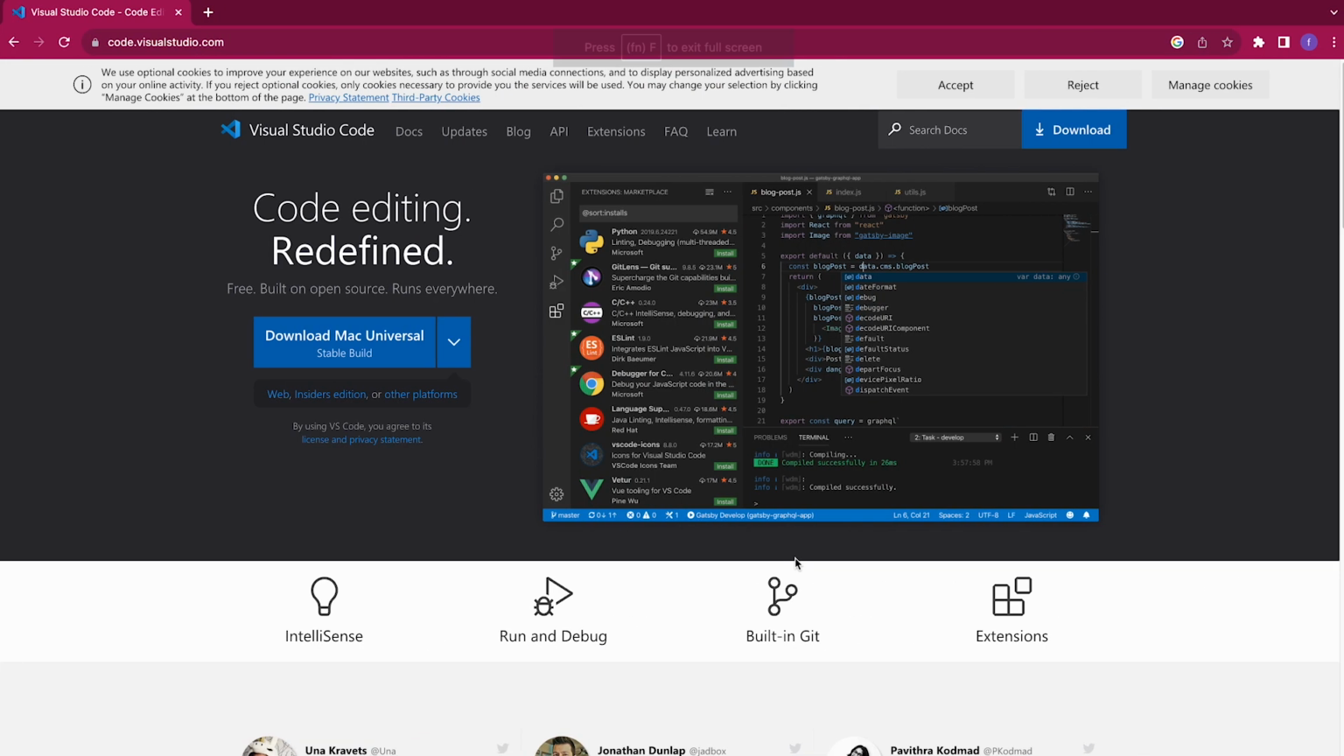In this lecture, we will learn about how to set up the development environment for GSAP. The first step is to install a code editor. I'm using Visual Studio Code here. You can choose any code editor you prefer, but I highly recommend using VS Code because it offers many excellent features for developers. To download Visual Studio Code, visit